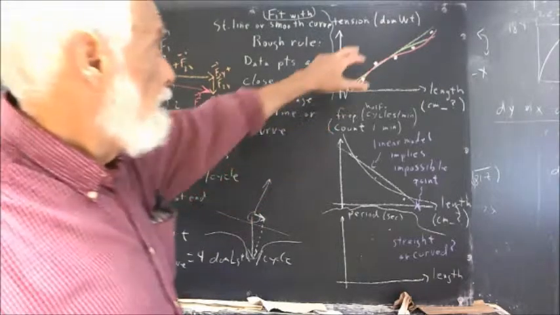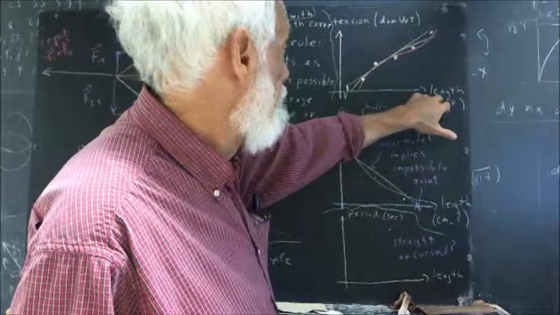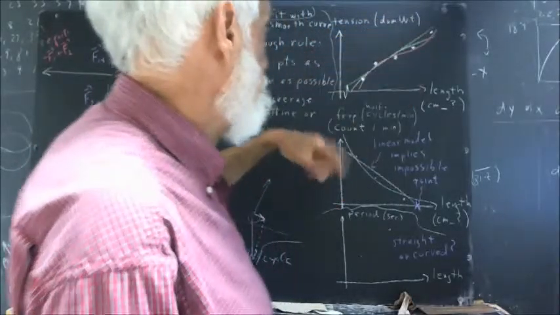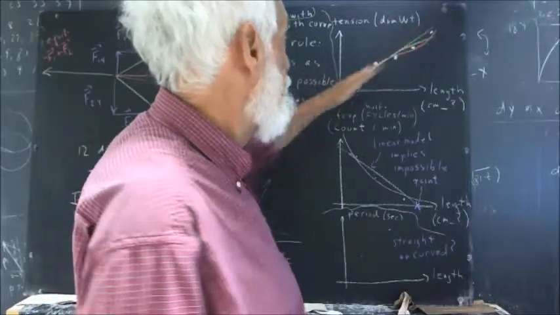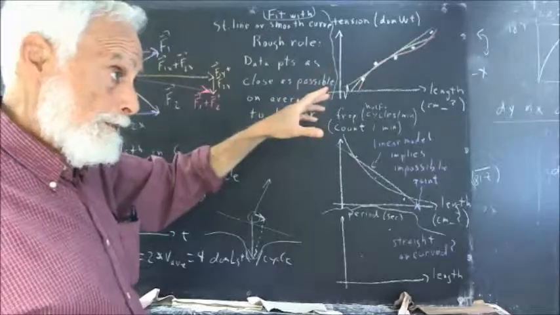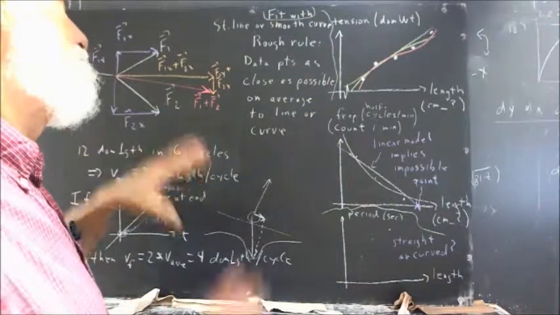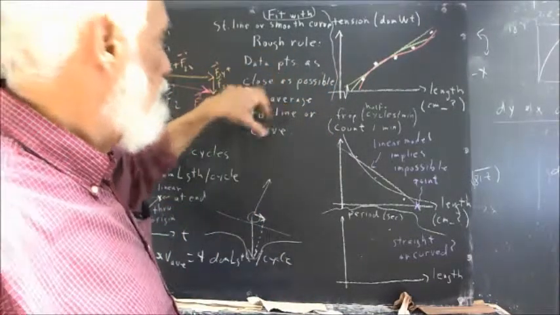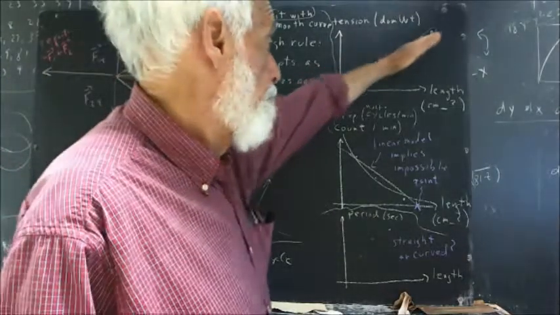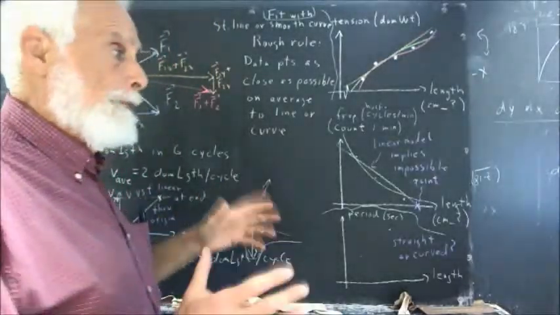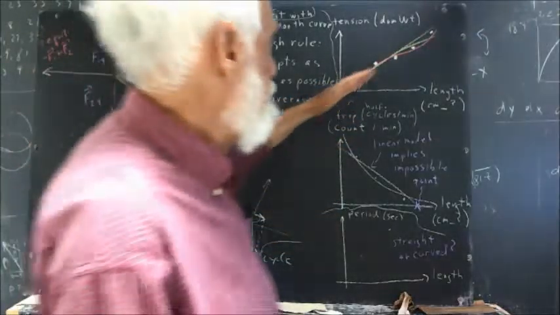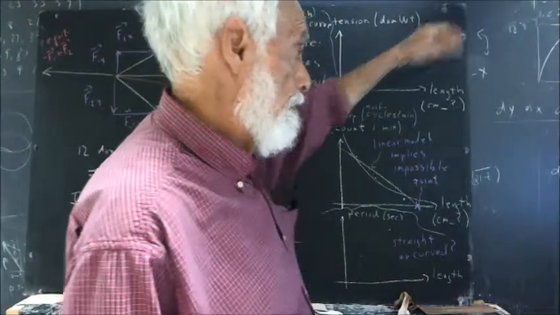As we discussed in class, if we have tension versus length for a rubber band, the points might be these white points here, and a straight line does a pretty good job of modeling these points. If we draw the straight line just right, so that roughly our data points are as close as possible on the average to the line, then we have something close